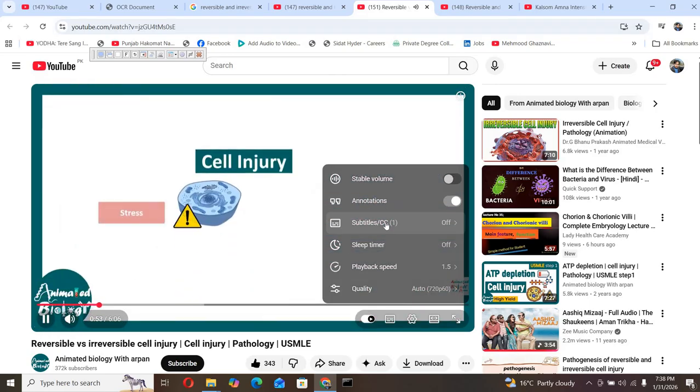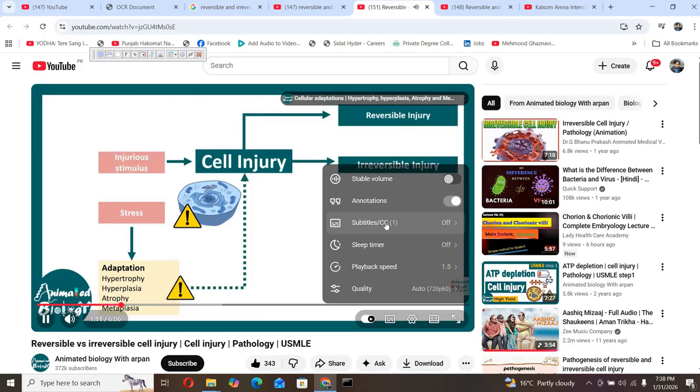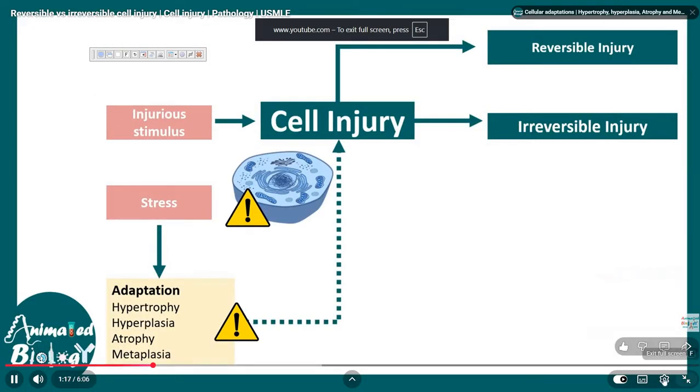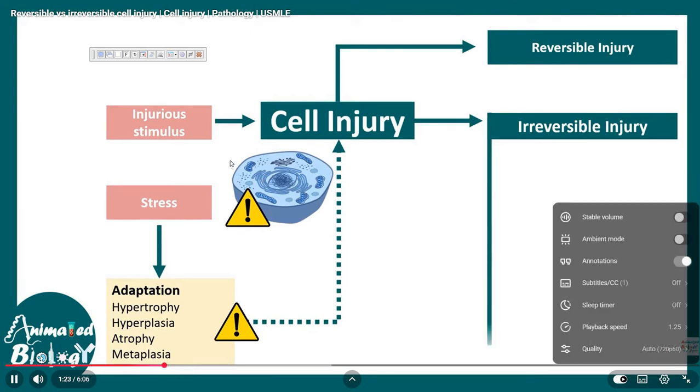So, cell injury happens due to stress. There are multiple adaptation strategies like hypertrophy, hyperplasia, atrophy, metaplasia, etc. All these adaptation strategies are covered in detail in another video in the I button. Click on that. But anyway, when the cell undergoes injury, there could be two types of injury, reversible and irreversible. If the injury is reversible, it would regain its function eventually when the stressor is removed. If the injury is irreversible, then it might undergo necrosis,